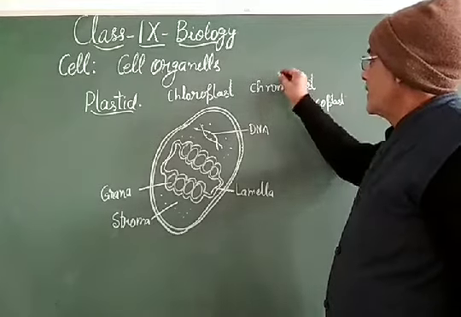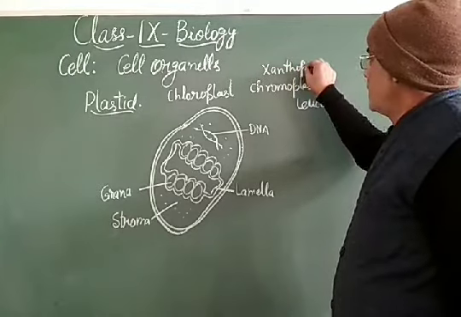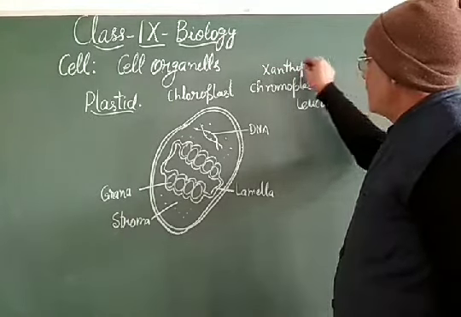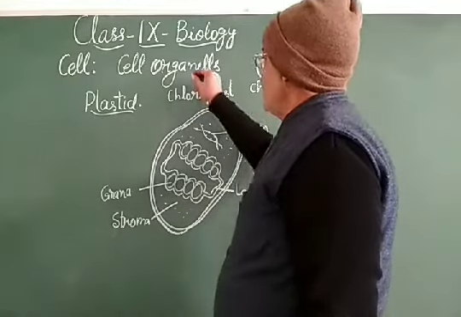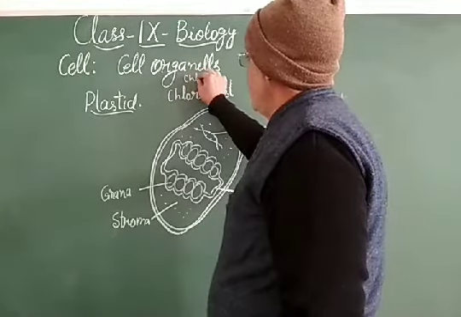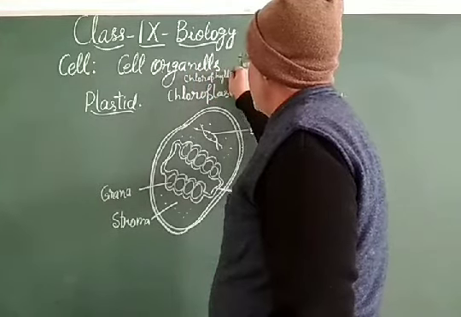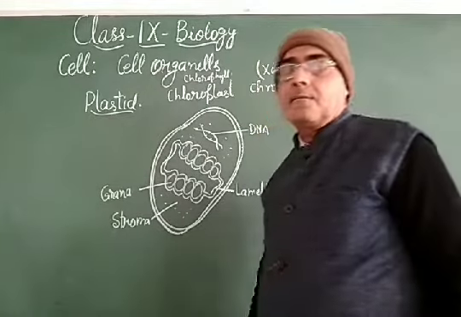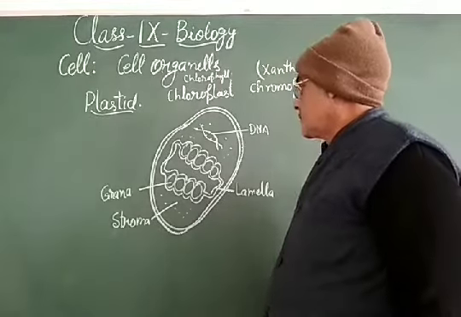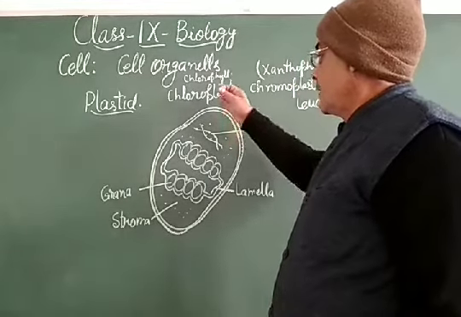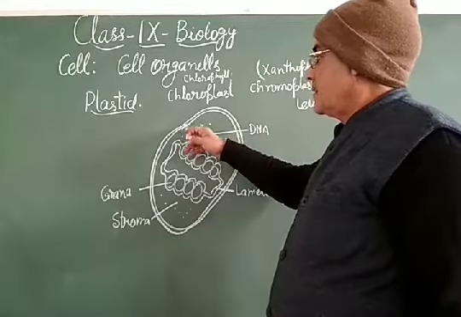In chromoplast, there is xanthophyll. The color pigment in chromoplast is xanthophyll, while the color pigment in chloroplast is chlorophyll. So this is the color pigment, and this chlorophyll is essential for trapping the light of the sun, the light source. My dear students, if you consider the structure of the plastid, this plastid is an important